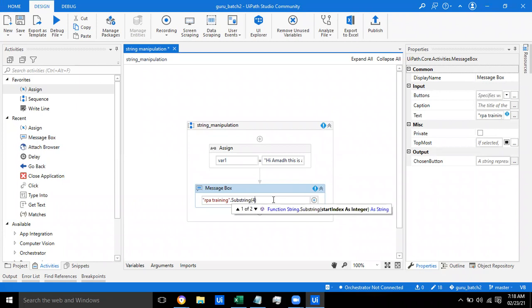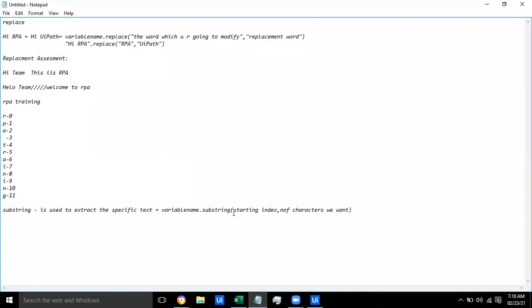Okay, then what is the next thing present in the syntax? The number of characters we want. Here, what is the number of characters? 8. From T also we are supposed to consider. From the starting index, how many characters do I want?